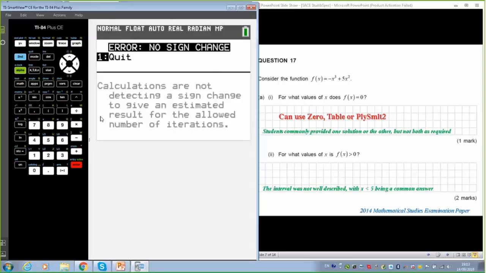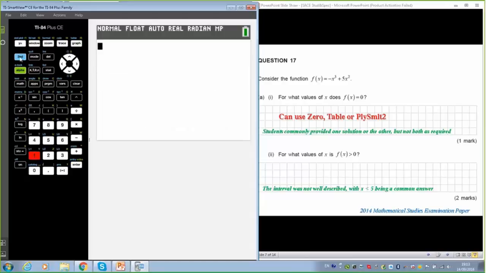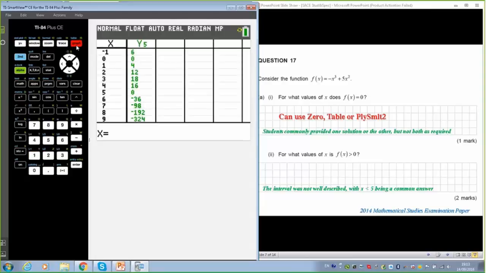I find that my students so quickly get off of this screen, they don't even give it any time, and they definitely miss the go-to part, which sometimes comes up. I think they need to bear this in mind and think, what's going on? What does that sign change actually mean? So it doesn't give us a second one, which should give a hint that there were two, but we can go to table. And there's 1, 0, 0, because the y value is 0. And there's the other one, 0, 5. So they can get it from there.